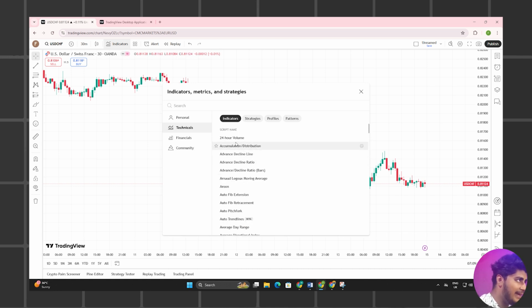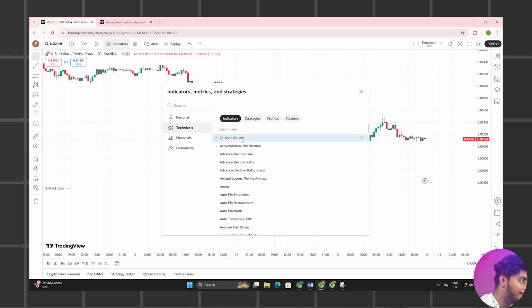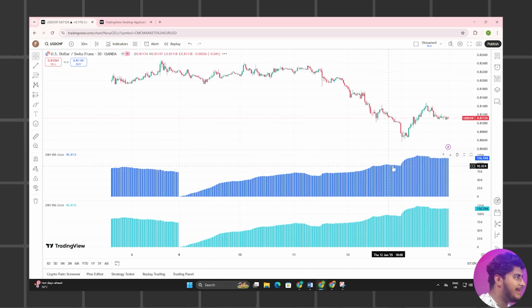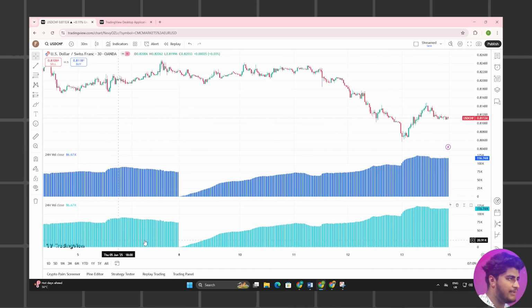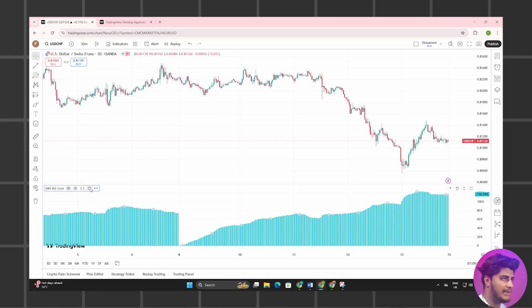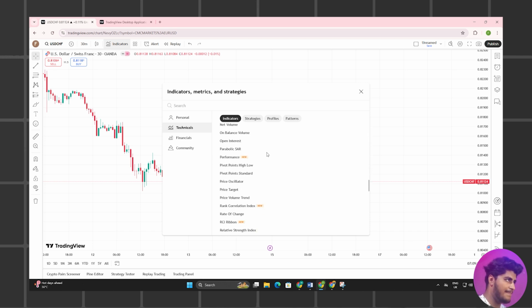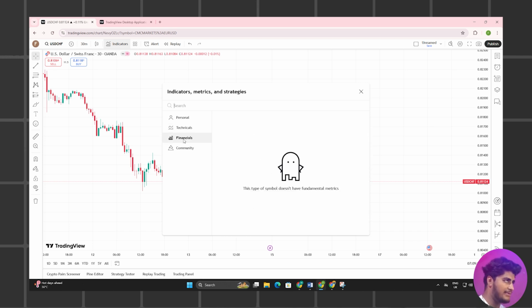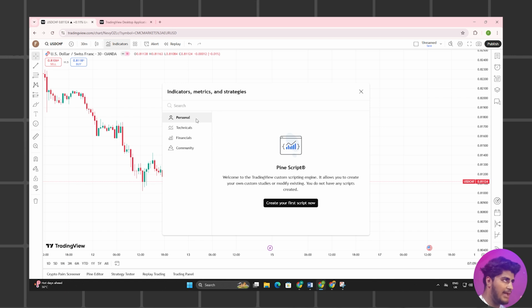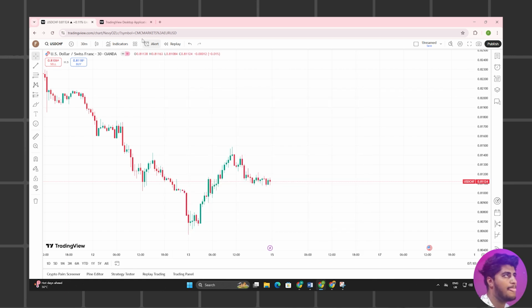For example, I select this one, 24 hours volume. So you can see the indicator is now here. You can also delete the indicators you want. Select the indicator and delete it. There are thousands of indicators here. You can check them out from here.